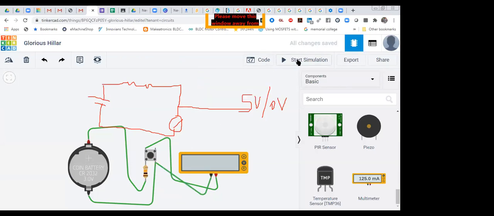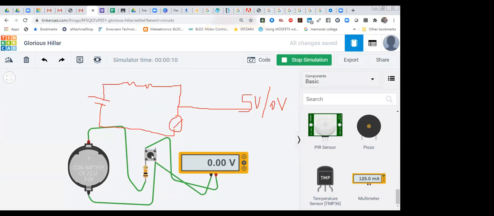Now you can check it out. By default you will get 3 volt. So that is a pull up resistor. That resistance is working as a pull up. As I'm going to press it, you are getting 0 volt exactly. Again 3 volt, pressing it 0 volt. 0 volt, 3 volt. So are you able to identify how it is working? That you can see.